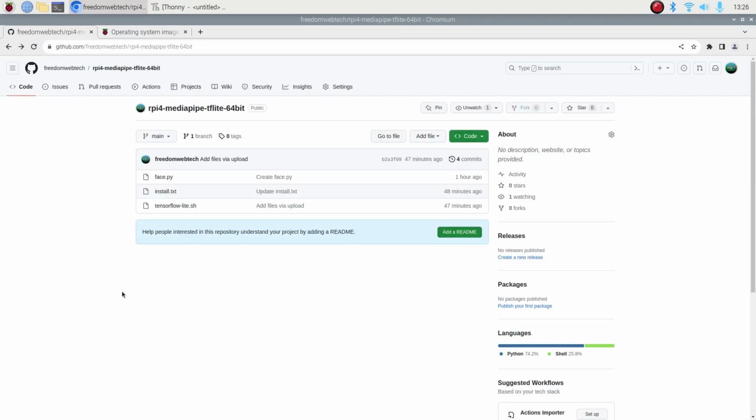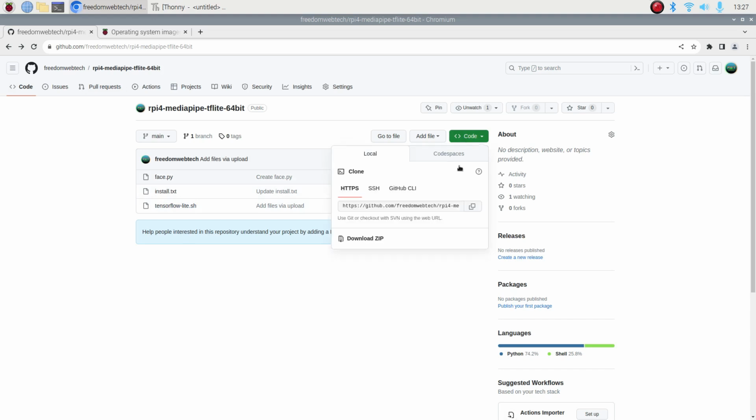So first you need to install mediapipe, then of course you will get this kind of protobuf error. No problem, just open the repository. I will mention the link inside the description box. You need to simply copy and paste the link inside the browser, then go to the code and then click on just here, open the terminal,